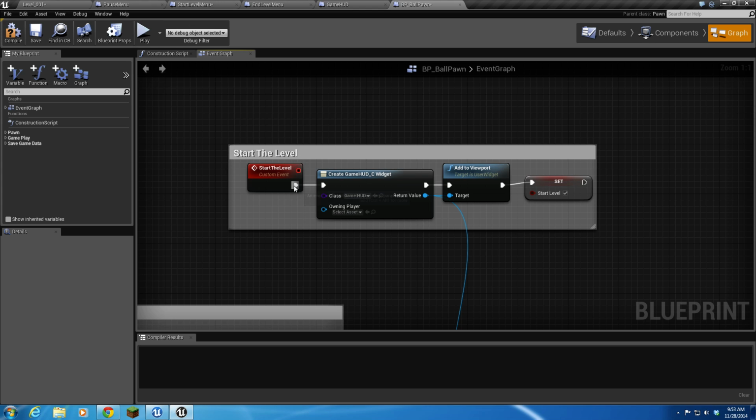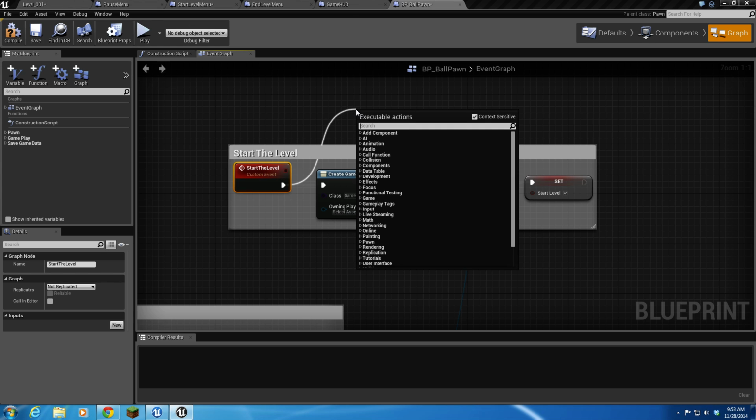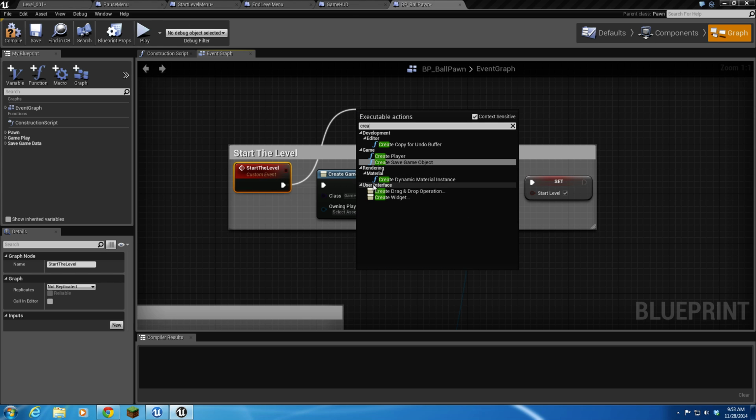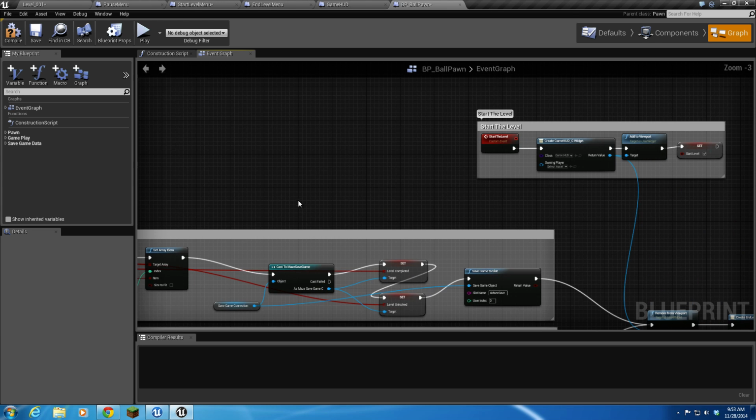Alright, so on start the level, all I did was drag off of the node and do a create widget. We're going to create our game HUD here, add it to viewport, and then set our start level to true. Now over here on our timer,